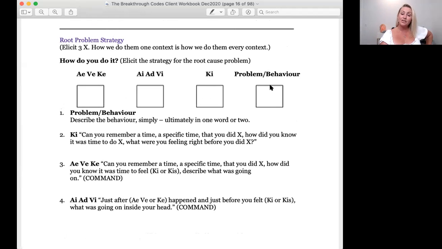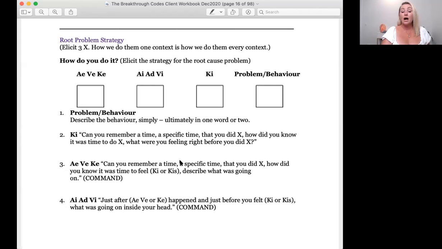If it's procrastination, what causes procrastination, right? This is not going to be the root cause of the problem, but the cause could be fear of failure, right? Now that may not be the root cause either. Like, what will failure mean to you? A lot of times people procrastinate because they're scared of failing or scared of being successful, one or the other. Notice here, as we get to number 3,